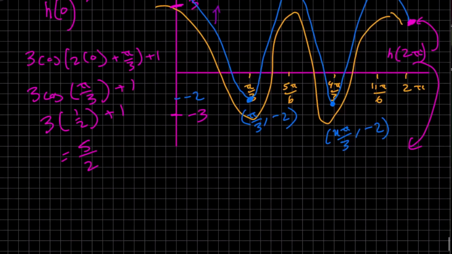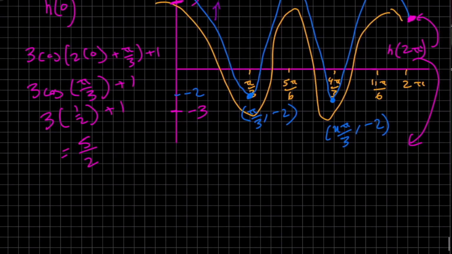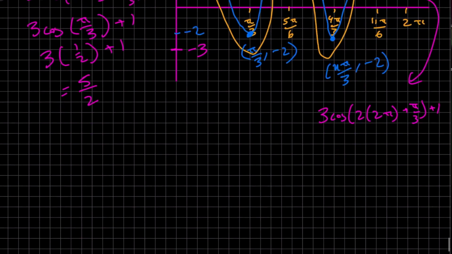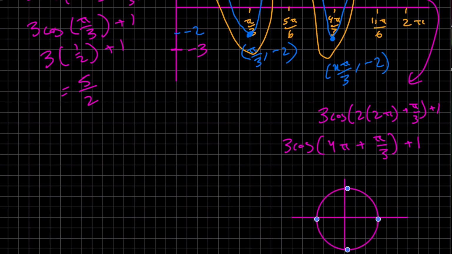Let's do this with x equals 2 pi. So if we take x equals 2 pi, we would get 3 cos of 2 times 2 pi plus pi on 3, plus 1. So this would equal 3 cos of 4 pi plus pi on 3, plus 1. Now we know that if we add 4 pi units to any reference angle in the unit circle, we would end up at the exact same spot. So if we draw up our unit circle over here, and we have a reference angle of pi on 3 units,